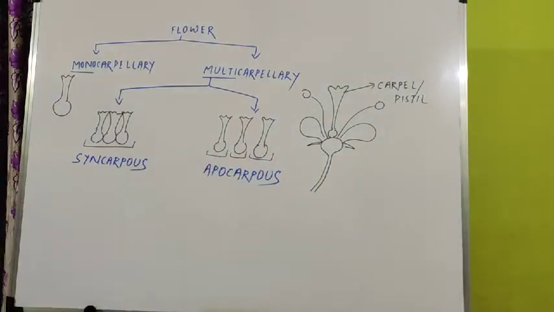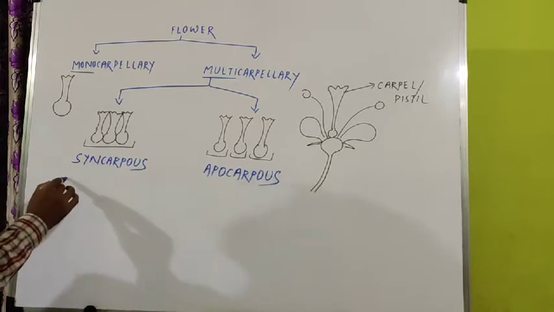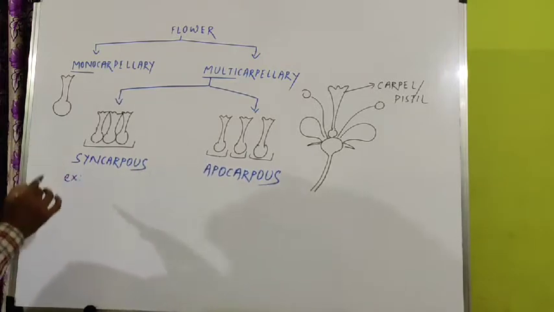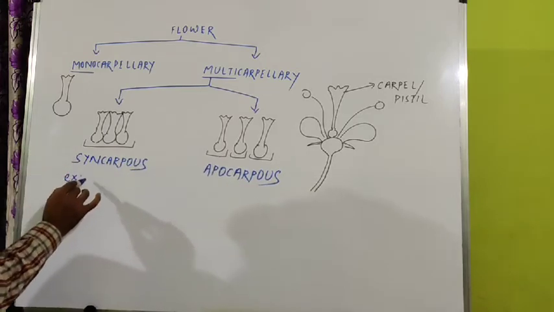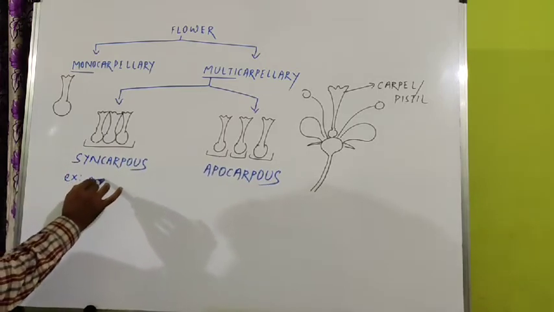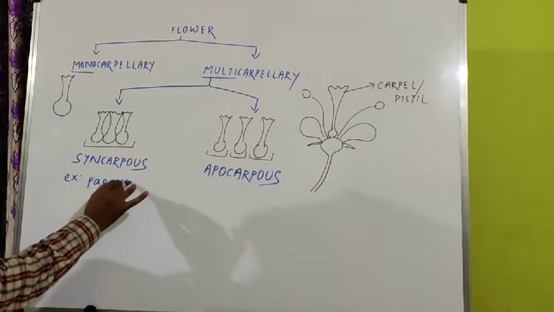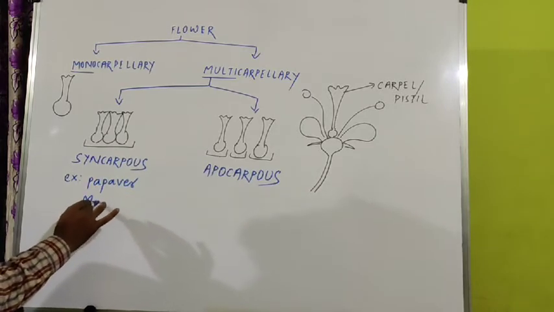And in all cases examples are there. Examples are not important for your board examination. Examples are important for your entrance. What are the examples? I am writing the examples of the syncarpous condition. Syncarpous example is Papaver, poppy plant, Papaver. Another is mustard,